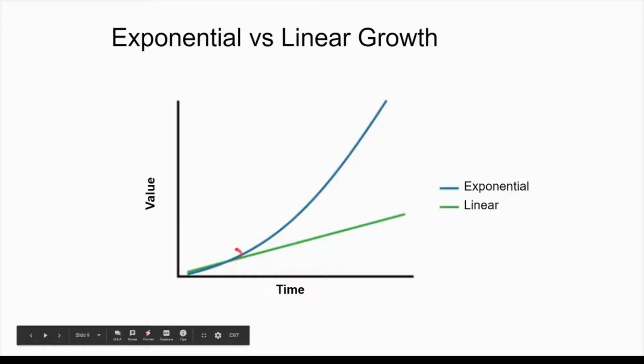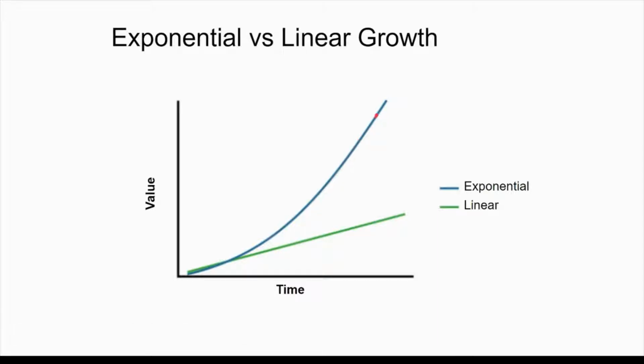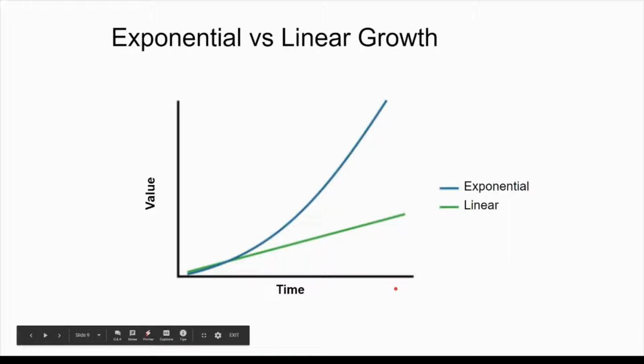Because they intersect right here, and every single dot above this represents all the money that you're missing out on. And it is not a good situation to be in, because probably what you would make in one day from exponential growth will take you probably 10 years with linear growth. And it's just insane how big the difference is.